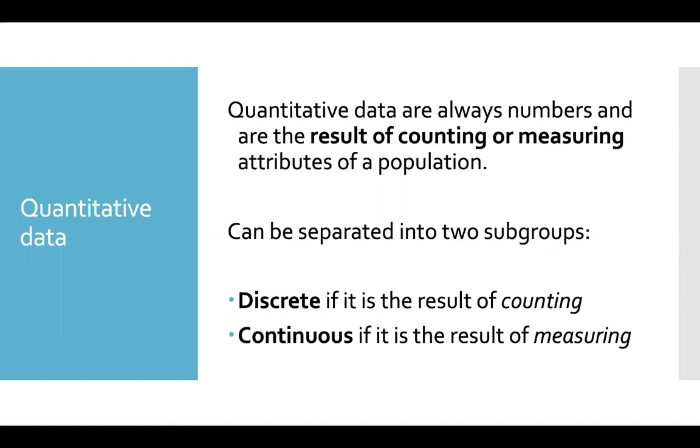Discrete is the number of people in the classroom, the number of times you have ice cream, the number of times you got your salary, or the number of times you've gone to the office. Continuous data is the output of measurement. For example, it could be the height of a person, how many kilos of weight you have shed,